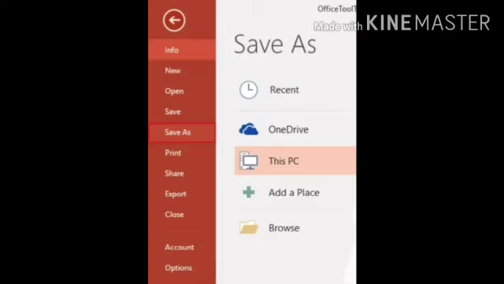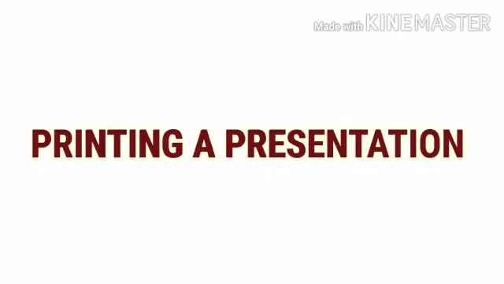Third, enter a file name. Fourth, click on the Save button. The process of saving a presentation in PowerPoint is the same as saving files in any other Office applications. Next point is printing a presentation.